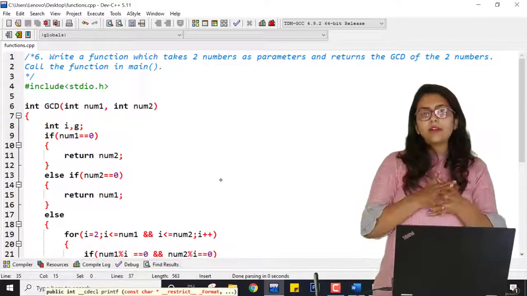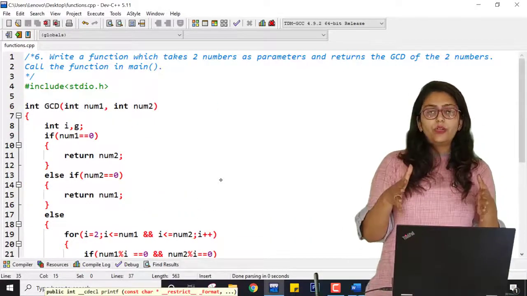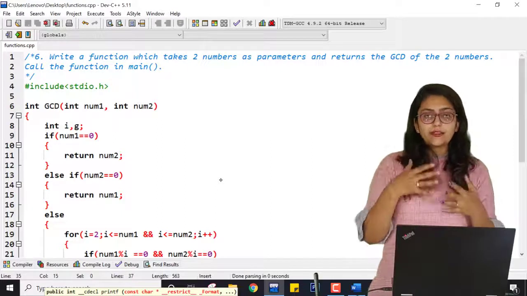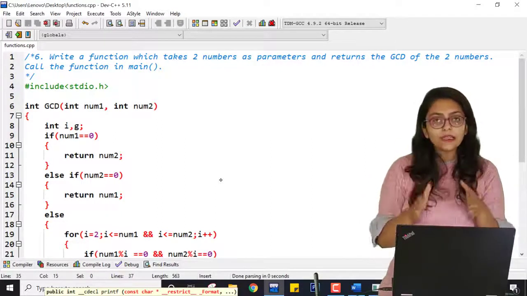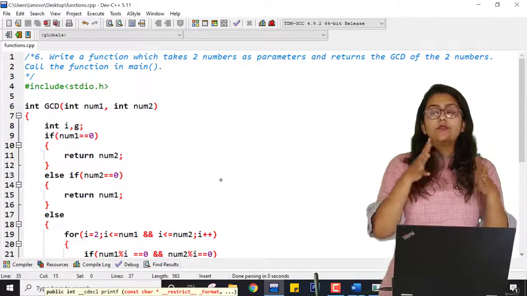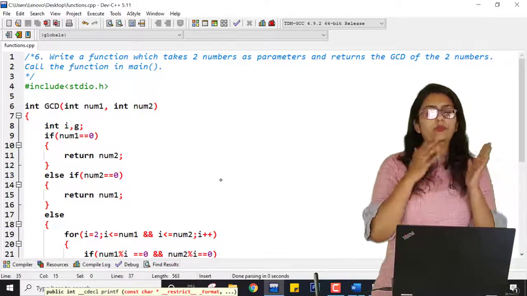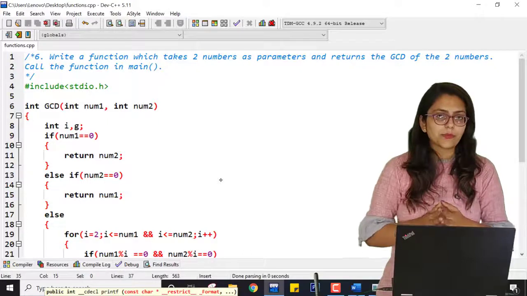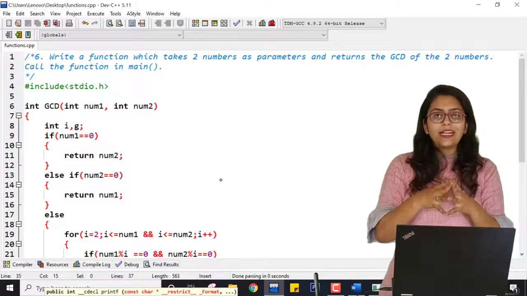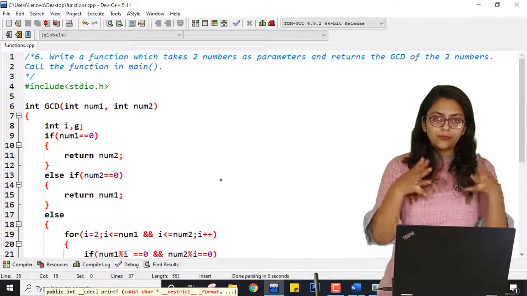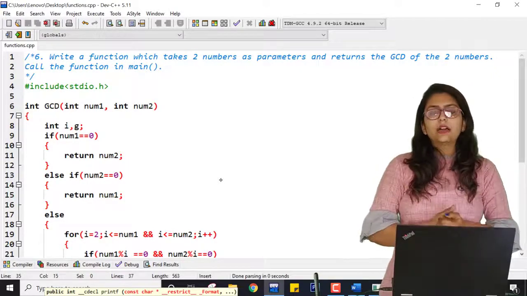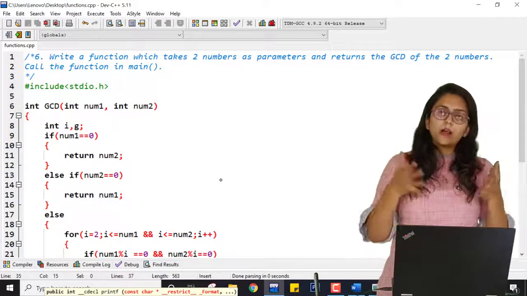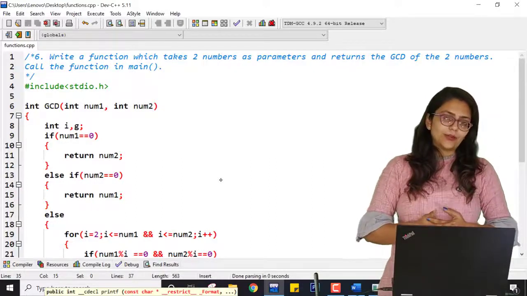So this is how you can write a program to find the GCD of given numbers. If you have understood the concepts of arrays, strings and loops really well, then it will be very easy for you to understand functions. If you cannot perform those programs, you will not be able to perform the programs of functions. So if you are finding any difficulty in these practicals, please go and watch the previous videos again. Try to clear your concepts and then come back here and practice this practical.